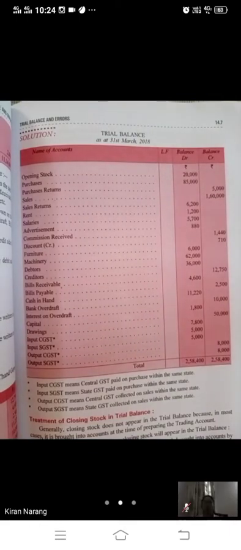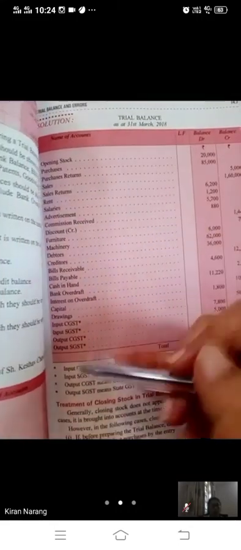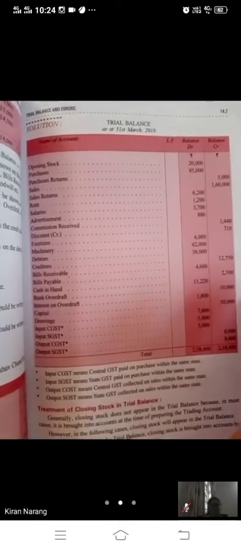as per their nature. Now I'm going to tell you the nature of everything, which I have already explained, but I'm repeating it again. Which items have debit nature and which items have credit. If you know that, then you just have to write the names of accounts and their balances in the respective columns and do the total. This is the method of trial balance. So, I'm telling you the nature of certain things.